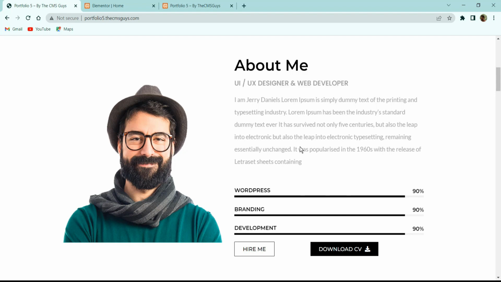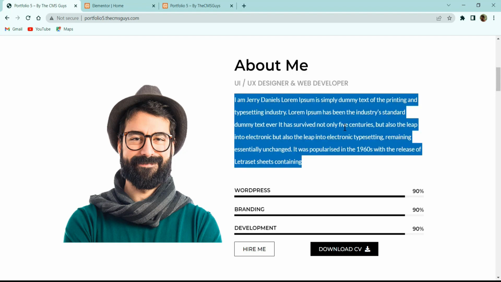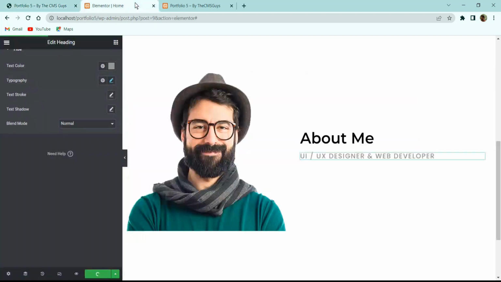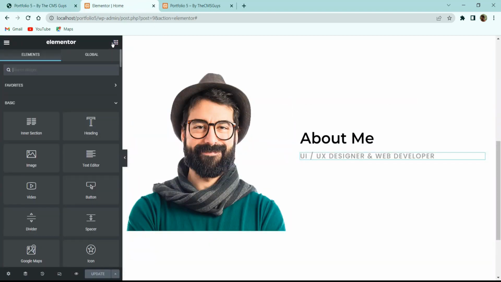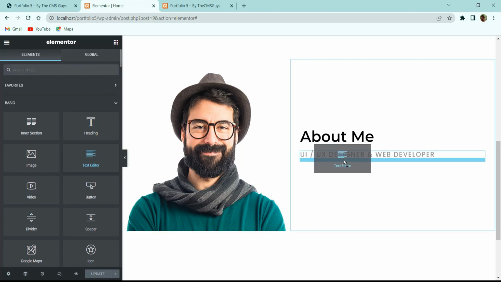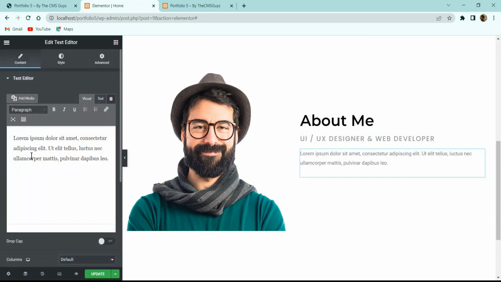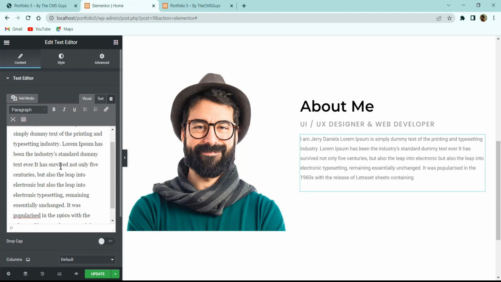Next, here you can see we have a paragraph text over here. So let's copy this paragraph text from here, and then again I will go to the widget section of Elementor, and here I just want to drag this text editor widget. Now in this text editor widget, let me replace the entire paragraph text. After adding all this paragraph text, now let's move to the style tab,